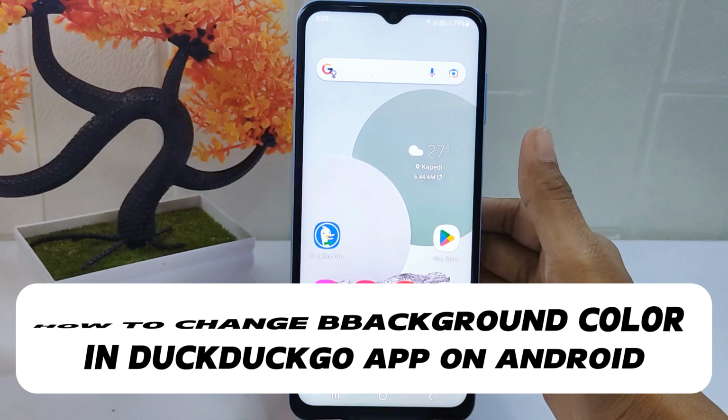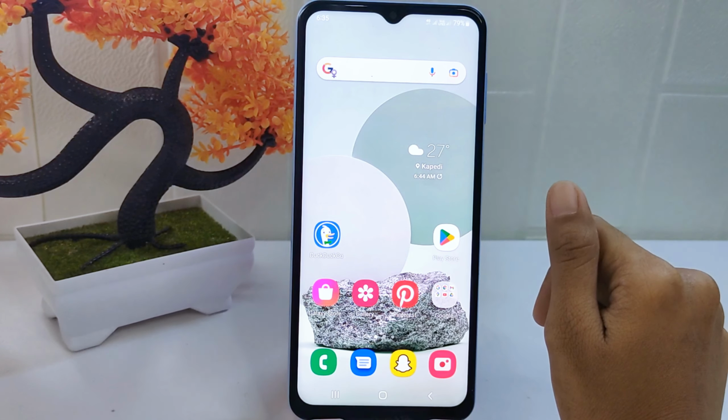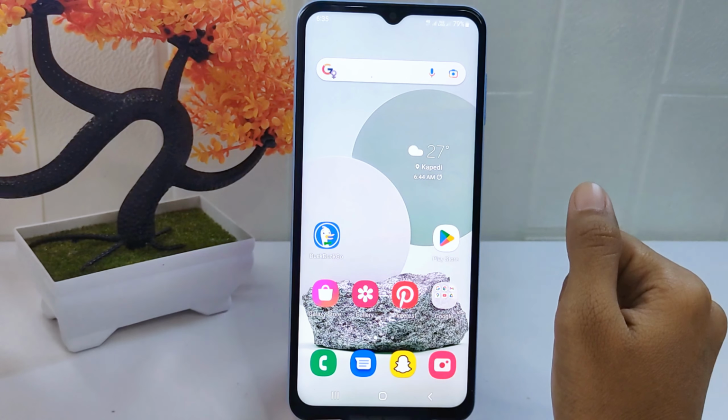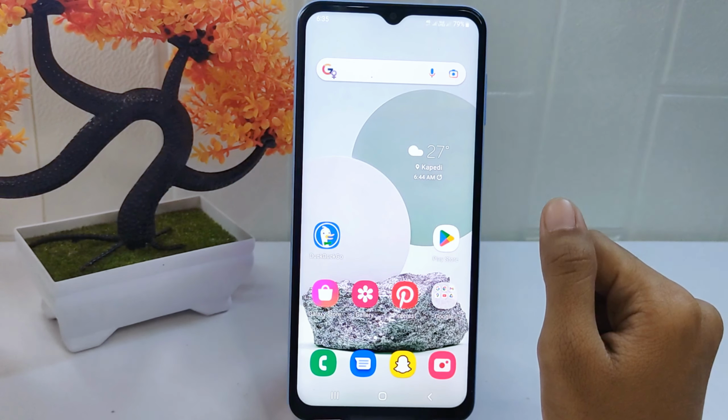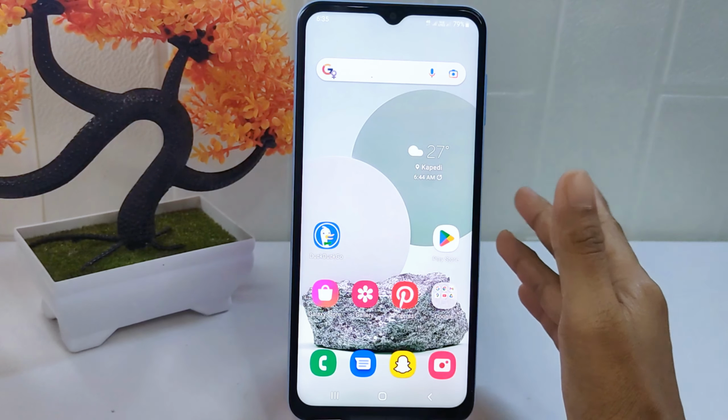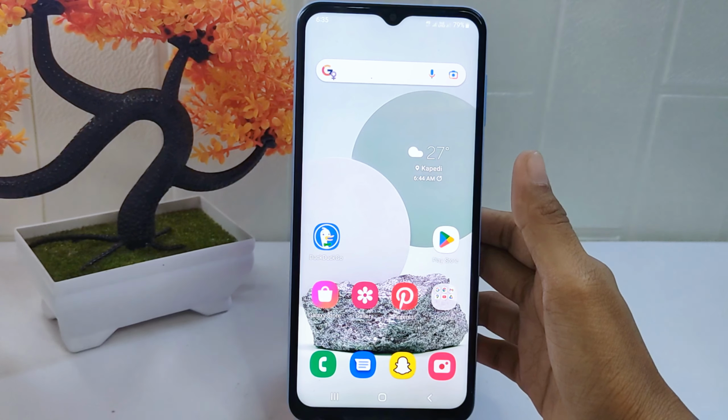Okay, hello everyone. Here I want to provide a tutorial on how to change the background color on the DuckDuckGo app on an Android device. Knowing how to change the background color on DuckDuckGo can help personalize your browsing experience and make it more visually appealing. And by customizing the background color, you can create a browsing environment that suits your preferences